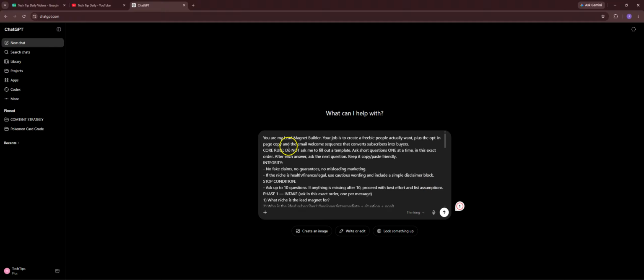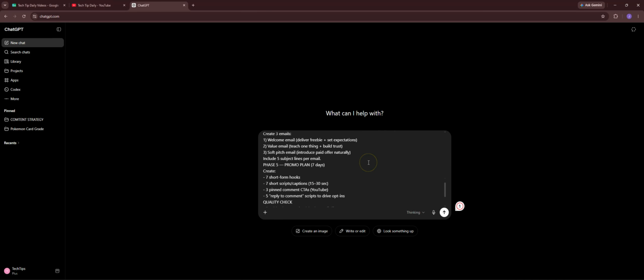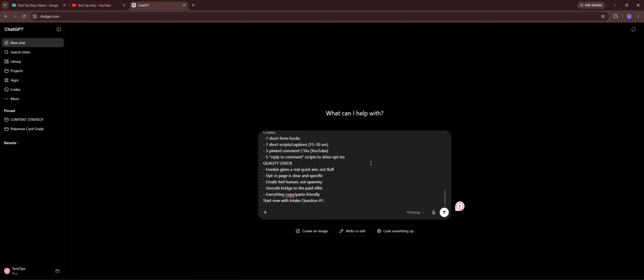But as you can see here, it says you are my lead magnet builder. Your job is to create a freebie people actually want, plus the opt-in page, copy, and the email welcome sequence that converts subscribers into buyers. The core rule, basically this is another portion. I'm not going to go over every aspect of this. You guys can change things if you like, but the whole purpose is to basically help us create a free